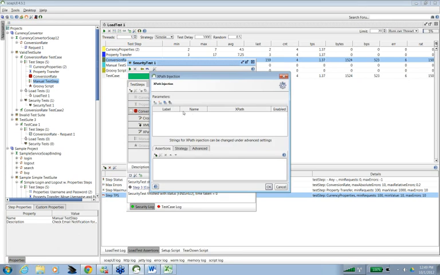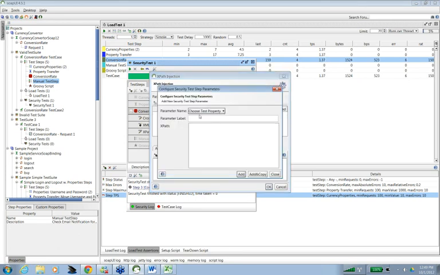Let us do one XPath injection also. Again, we have to choose everything on the request. If you want to do some security scanning on the username and password of the endpoint, then you can use username and password also, but we will be using only the request, and we have only two parameters to be checked.